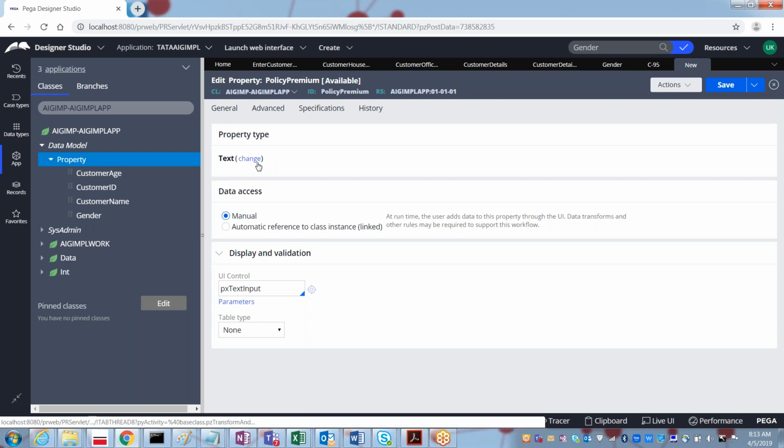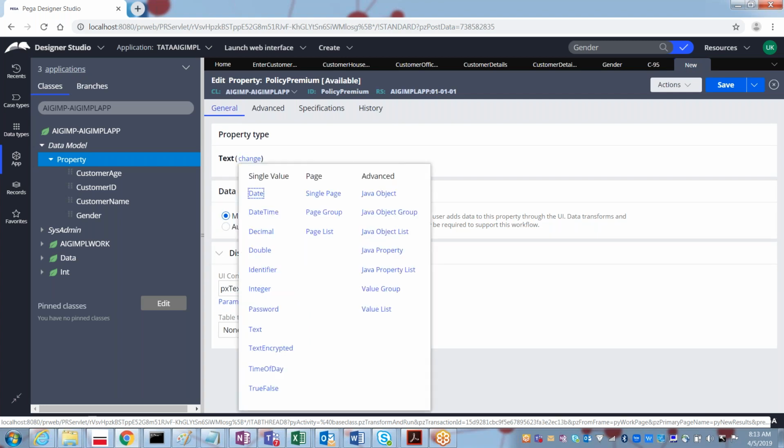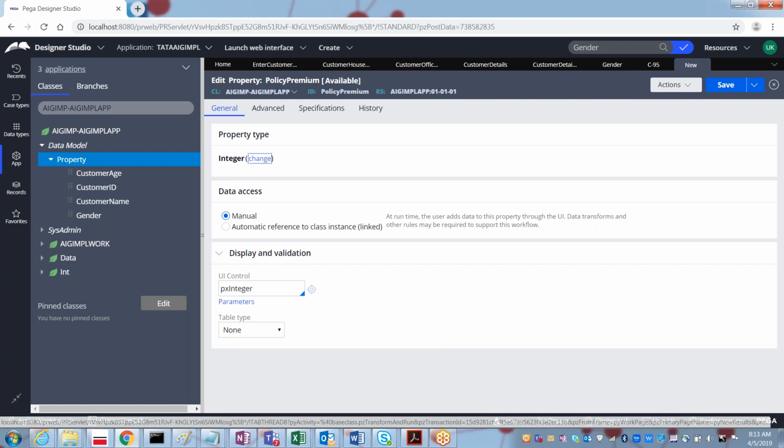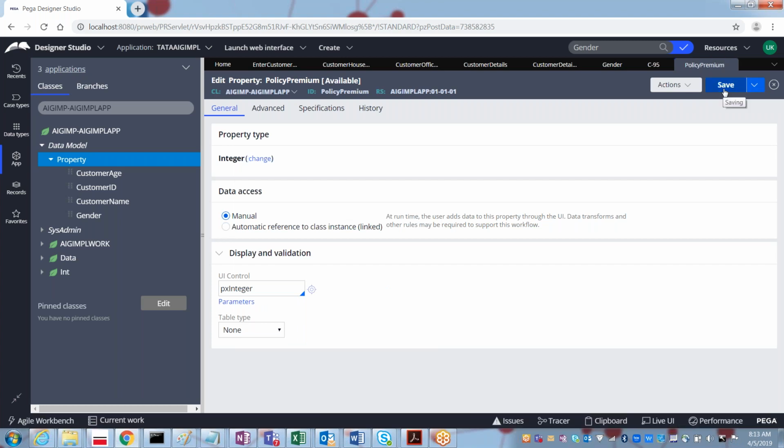This policy premium can also be integer type. And you can have one more thing, like an insurance amount.